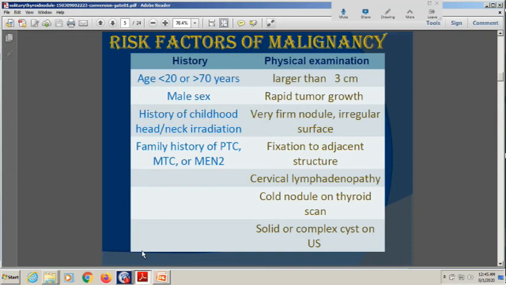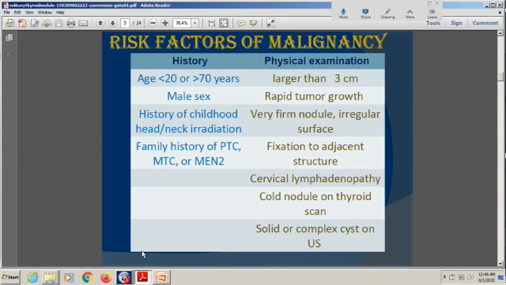Unlike other thyroid swelling, goiter, which is mostly common in females, the single solitary nodule, where the chance of malignancy is most common, is in males. And the causative factor is radiation. Radiation either because of any therapy for anything like leukemia or lymphoma in childhood, or because of CT or MRI exposure. All that radiation gives more chances of malignancy.